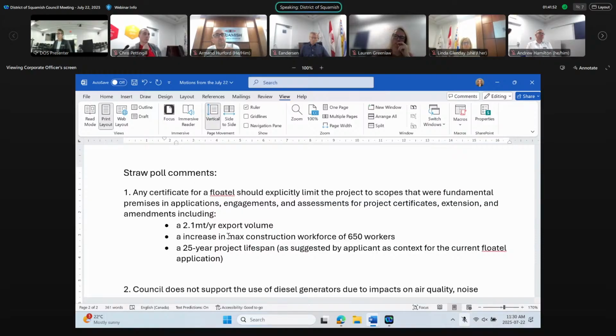That is different than this line, which is the max construction workforce of 650. That's not what's now being proposed. And so if your concern is that the amendment as presented doesn't fairly, from your perspective, address the impacts of a doubling of the workforce, then that is one thing. But as presented here, I just think